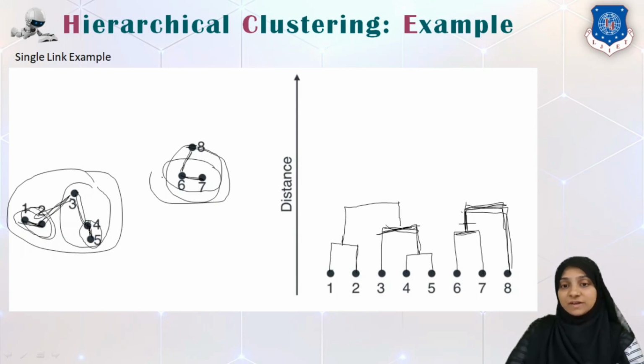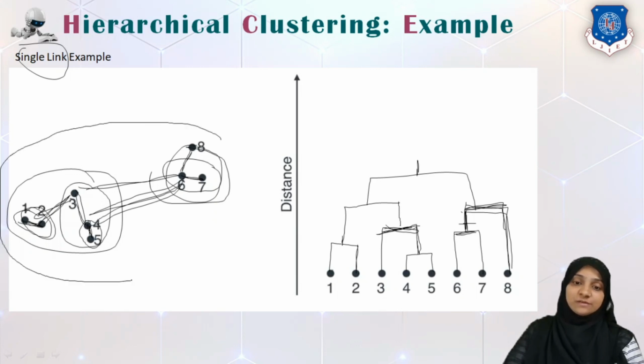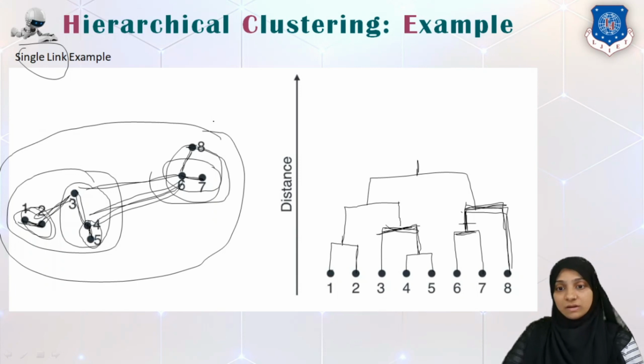Now this is the largest cluster and this is another largest cluster. I have to find the shortest or minimum distance between the two because this is the single link example. The minimum distance that I get is 4 to 6, or I would say 3 to 6. 3 to 6 appears to me the smallest, so this will be the distance. I will join these two branches. Now since I have linked these two clusters, all these points now belong to a single cluster.